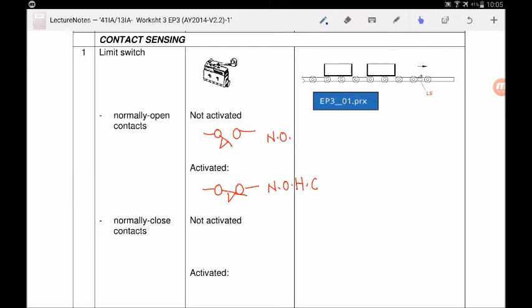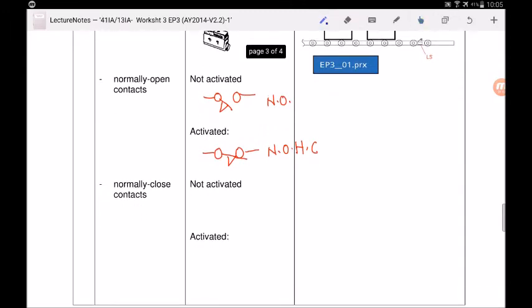Next, let's take a look at the normally closed limit switch. If you have a normally closed limit switch, this is the symbol of it. You can see that the contact is actually on top. The contact point is on top. So normally closed, when you activate it, it becomes